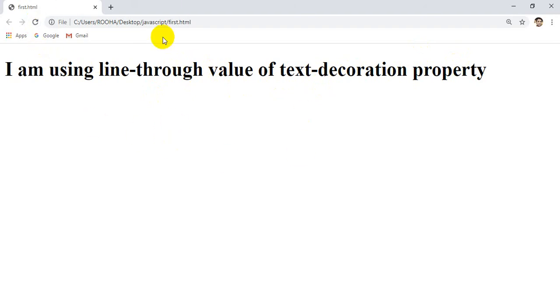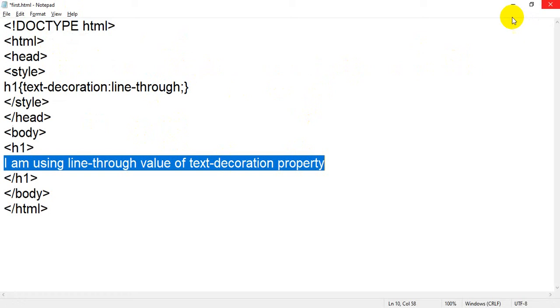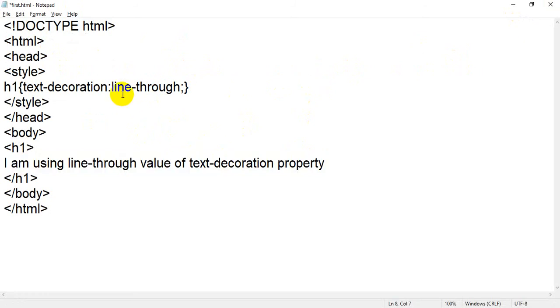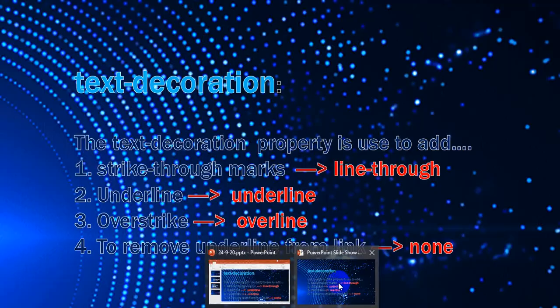it's not working. Why? Let me check. It's line-through. H1 closing, style closing, correct. Let me check once again.